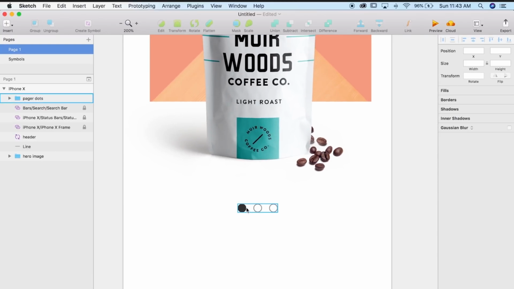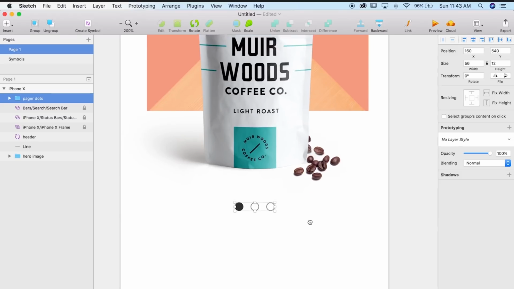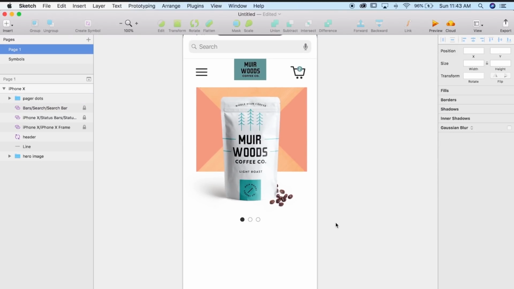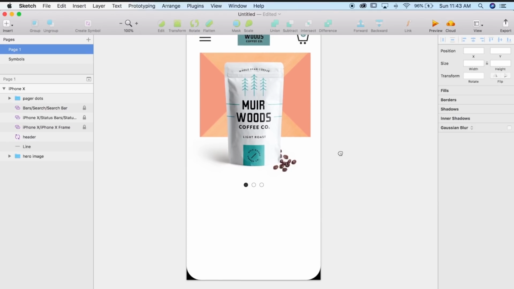So that just shows whoever is on this page that there is indeed some interaction that is to be had, as in you could swipe left or right. You could get crazier and add some little arrows here, but I think for this, people are starting to understand that if you show some sort of indication like this, then they know to swipe. And I don't know the data on that, but I feel like I've been seeing it more and more where you don't necessarily need the arrows nowadays. But again, that's a debate, I'm sure.